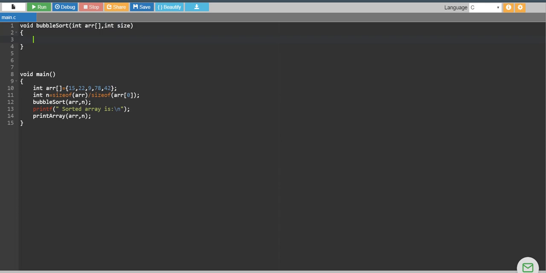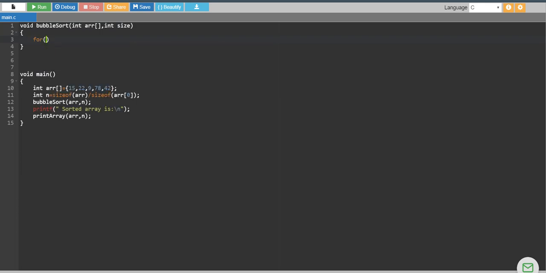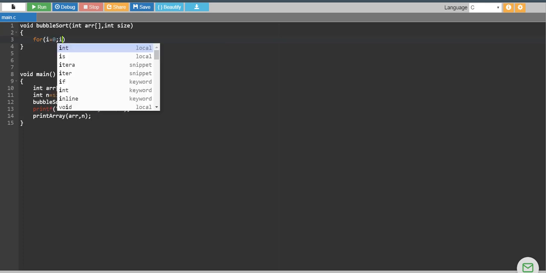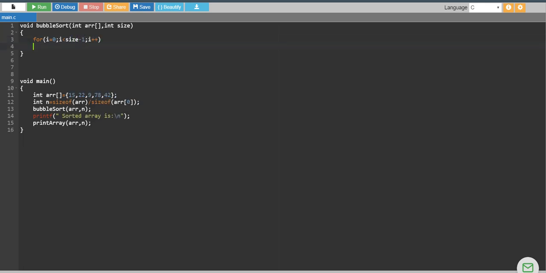Okay, inside this bubble sort I am going to iterate this for loop: for i equals 0, i is less than size minus 1, i plus plus. Now the second for loop is just to check adjacent elements of the array. For j equals 0, j is less than size minus i minus 1, j plus plus.